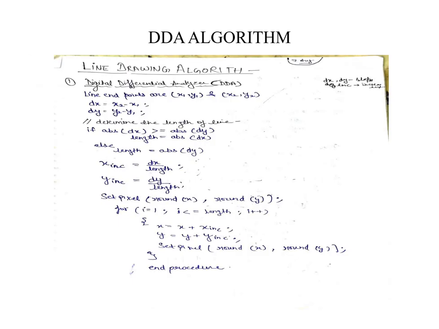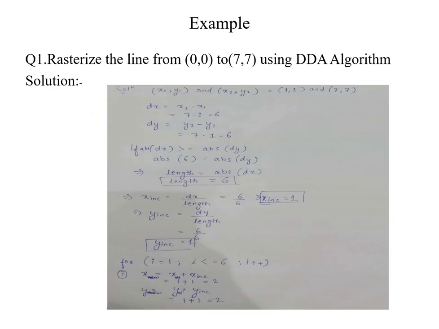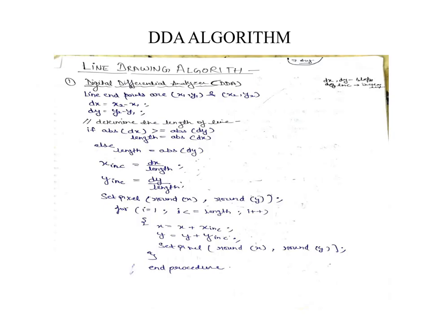In the next step, decide the increment. And how to calculate this step? X increment equal to dx upon length. dx value is 6 and length value is also 6. So x increment equal to 1, and y increment equal to dy upon length. Similarly, we calculate the y increment. Both increment values are calculated, that is 1, 1. Come to the main